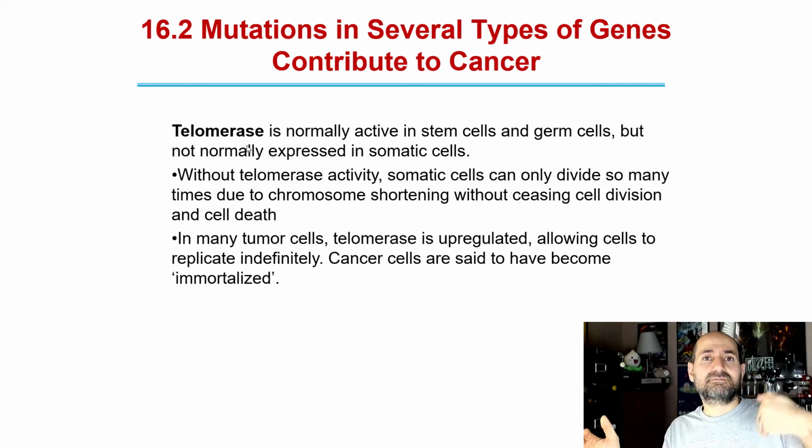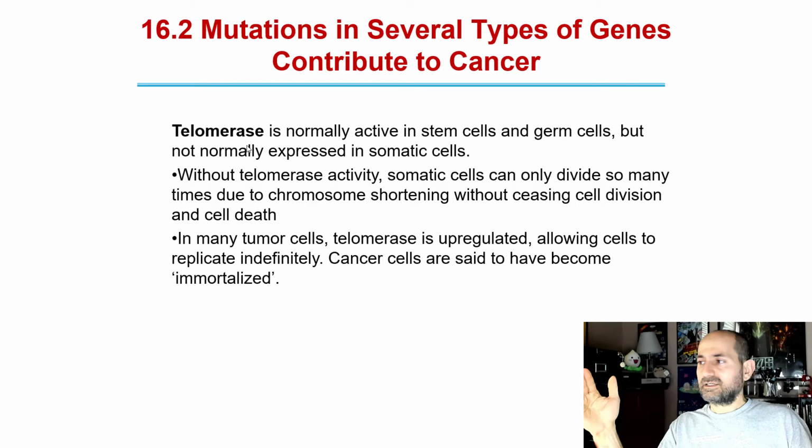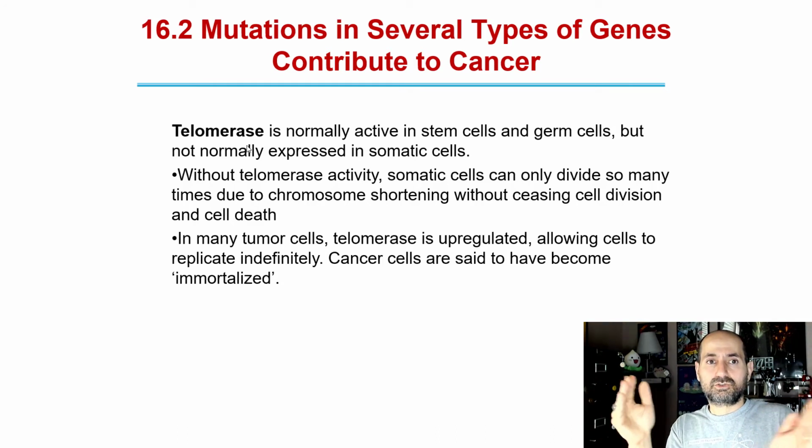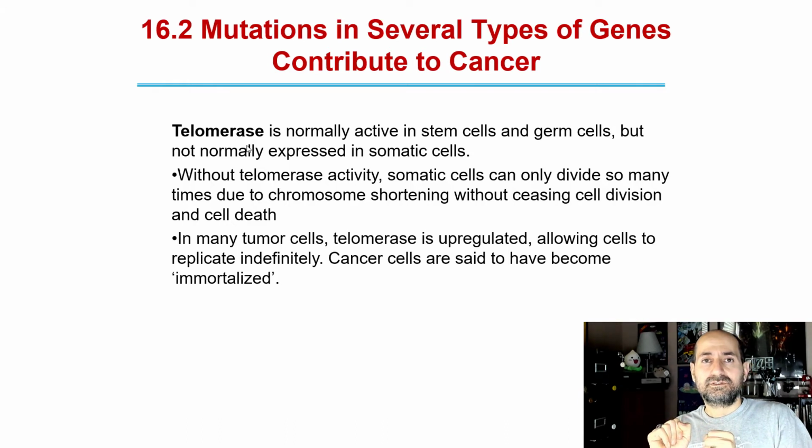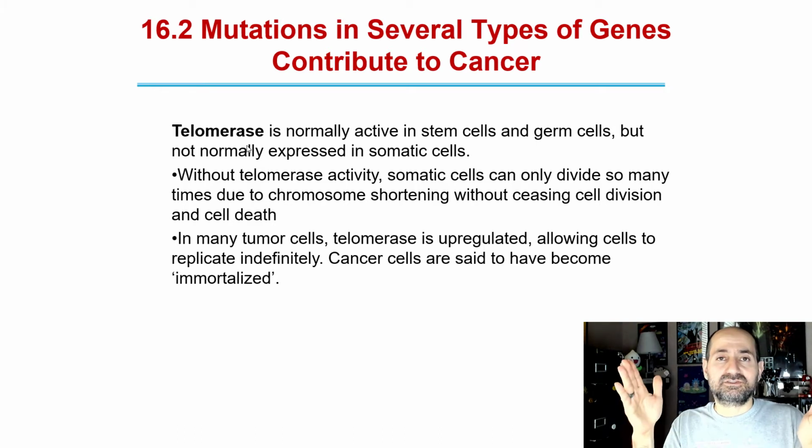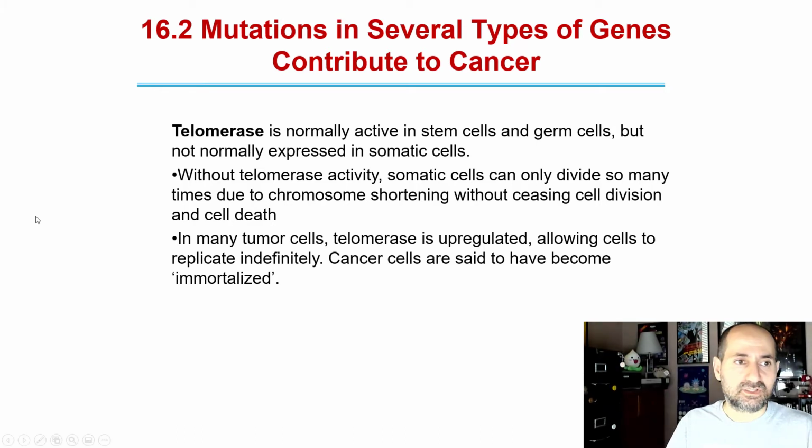And do you remember I said every time the cell divides, that causes the chromosomes to shorten a little, and this is called shortening of the telomeric ends. And there's an enzyme that your stem cells and your other highly proliferative cells have that counteracts this. By other ones, I mean the stem cells and the germ cells have a special weapon against chromosomal shortening, and that's called telomerase. Telomerase is normally active in stem cells and germ cells, but not normally expressed in somatic